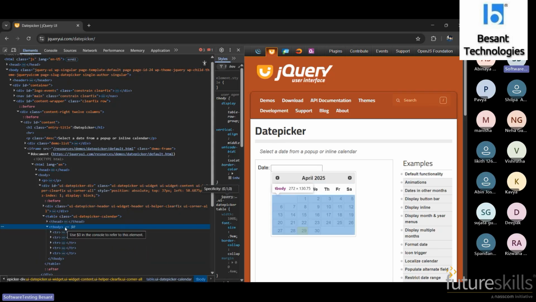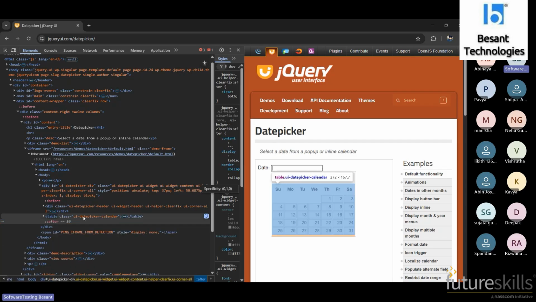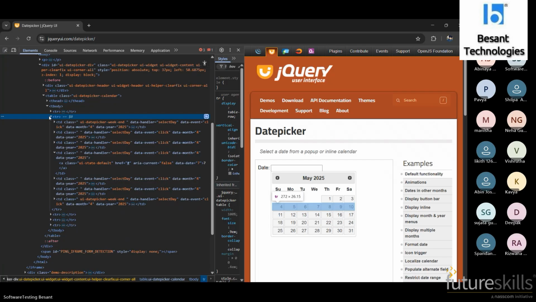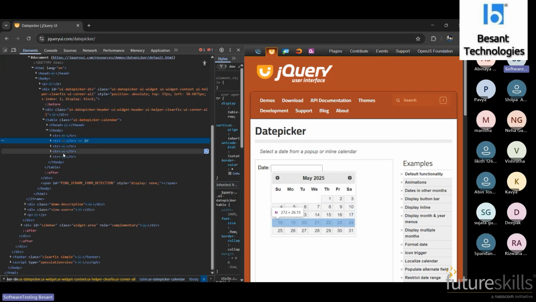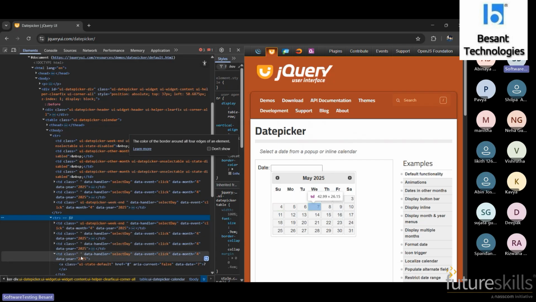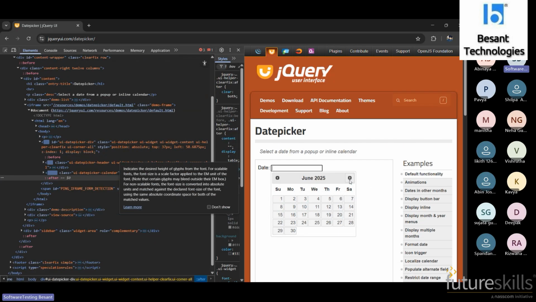Coming to the body, here the body has 1, 2, 3, 4, 5 rows. If we go with some other year, how will the body get changed? We have only 5 rows, but you can see the difference. We have something empty here. Everything is a row, and each row has data, TD. But here it is dynamic because sometimes we may have a value, sometimes we may not have a value.